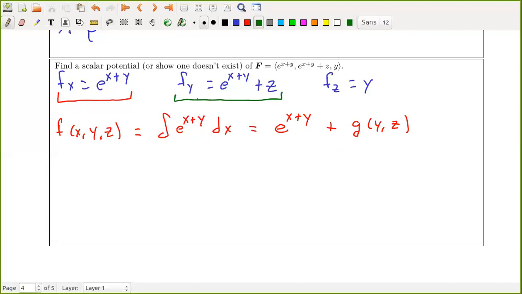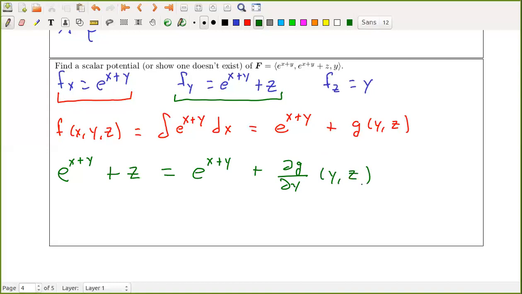Okay, so now I know that the y derivative of f is equal to e to the x plus y plus z. So whatever this f is, I know its y derivative is equal to e to the x plus y plus z. But this is equal to f. This is another expression for f. So the y derivative of this is e to the x plus y plus the partial derivative of g with respect to y